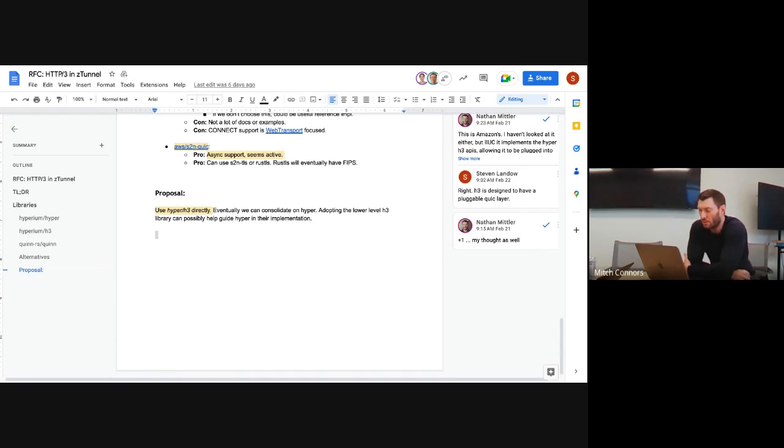So we ended up going the same route. The nice thing about the Quinn library is that it has a pretty clear API for the crypto. So we're already actively contributing a BoringSSL implementation of their crypto. So that gets us to FIPS.